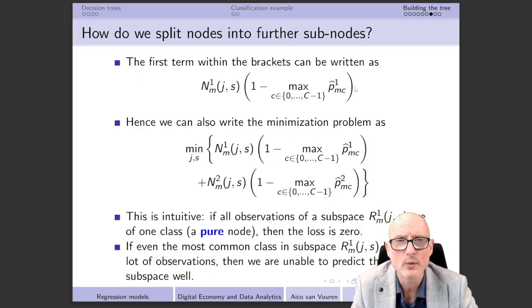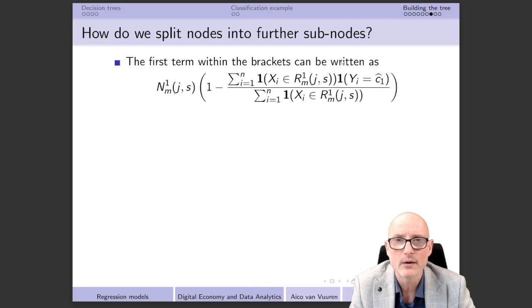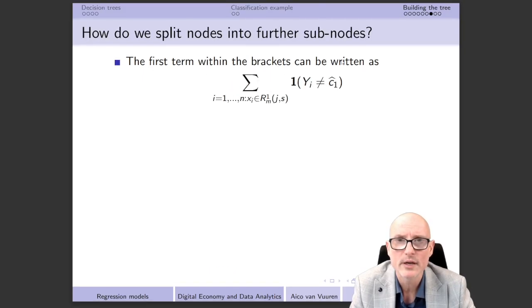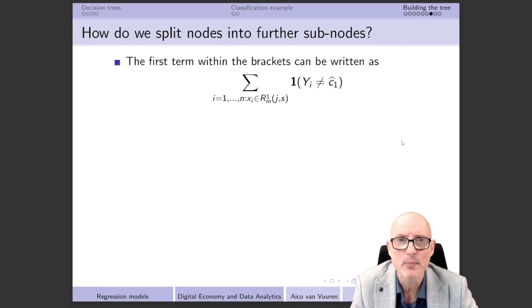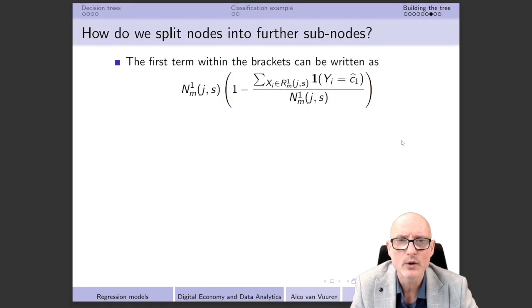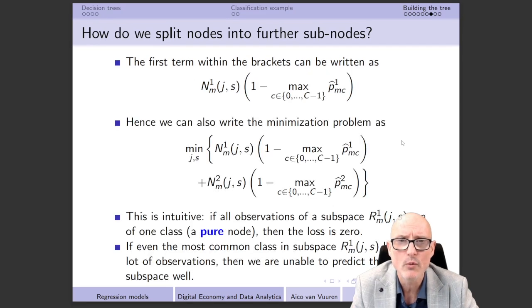So we have now rewritten our first term that we had, if we scroll back all the way over here, in the way that we have done it so far. But that of course also implies that we can rewrite this one in almost a similar way. Finally, we no longer have to do the minimization that we have seen before, but we can rewrite the minimization in this format that we have over here.